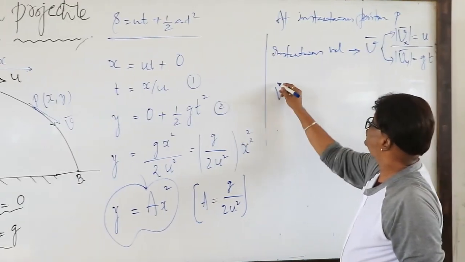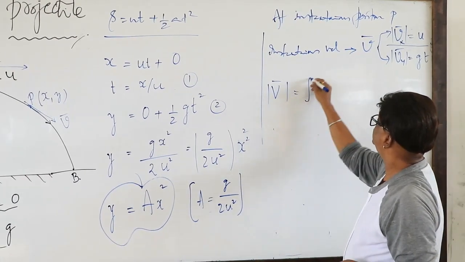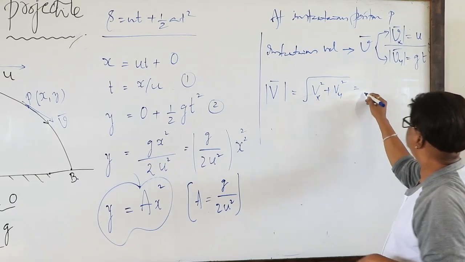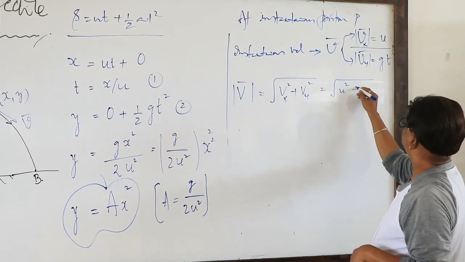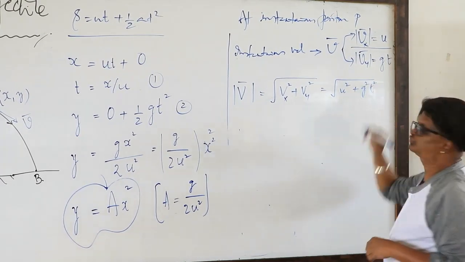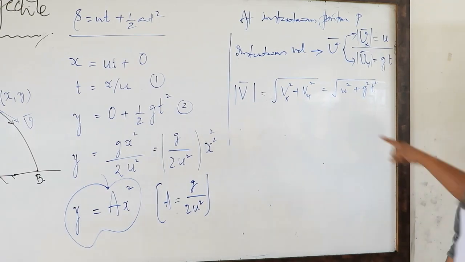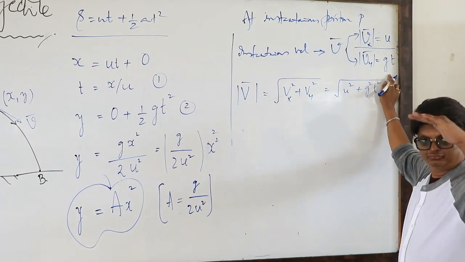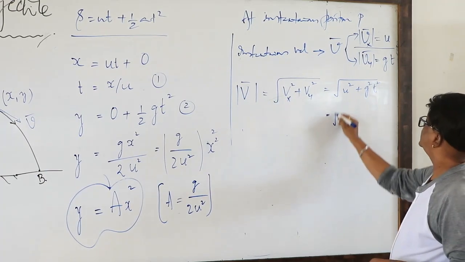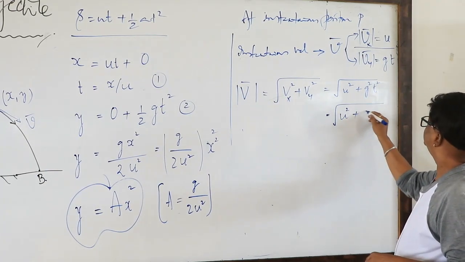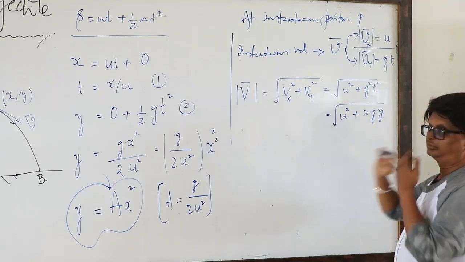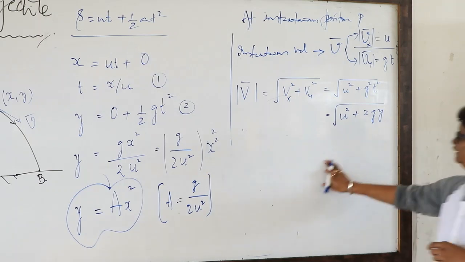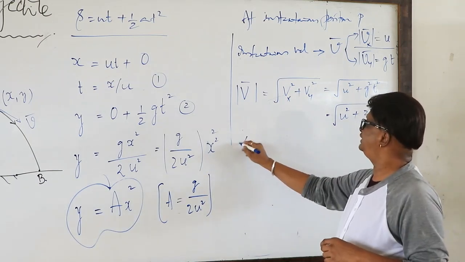Therefore magnitude of v bar is equal to root of vx square plus vy square, which is root of u square plus g square t square. If y is the distance fallen, gt can be written as root of 2gy, therefore the same I can write as root of u square plus 2gy, where y is the vertical displacement across the point P. Similarly, if alpha is the instantaneous